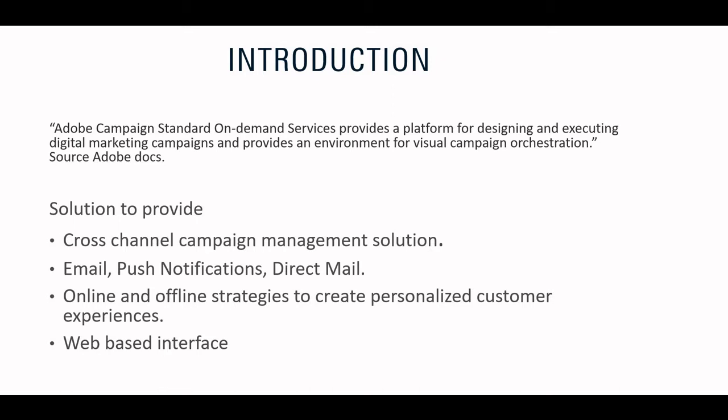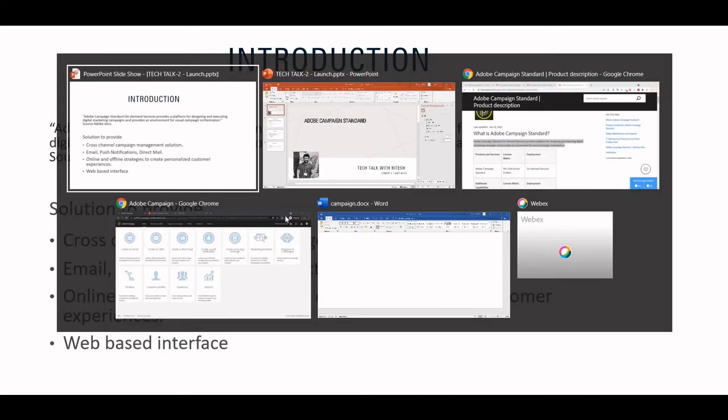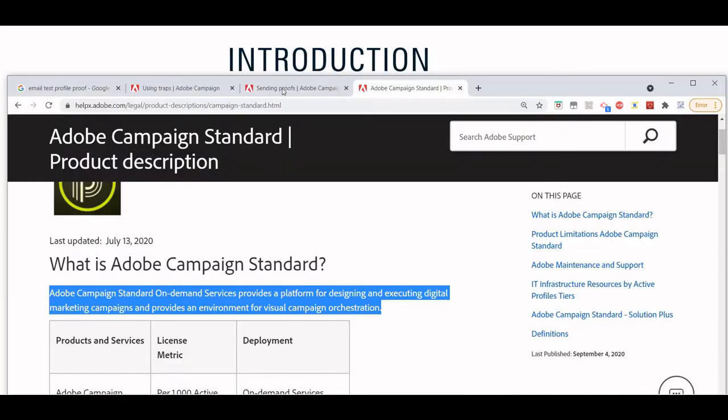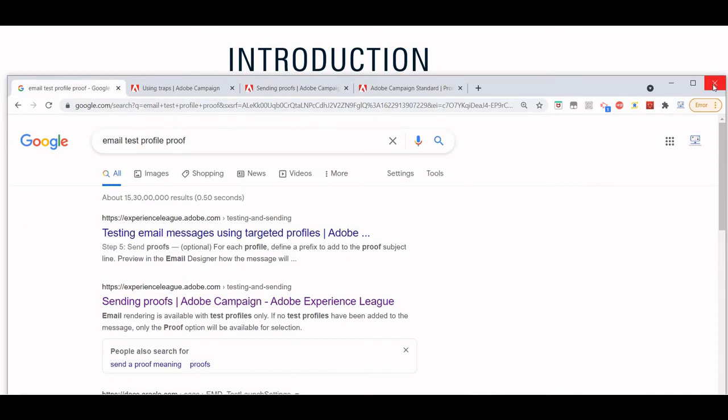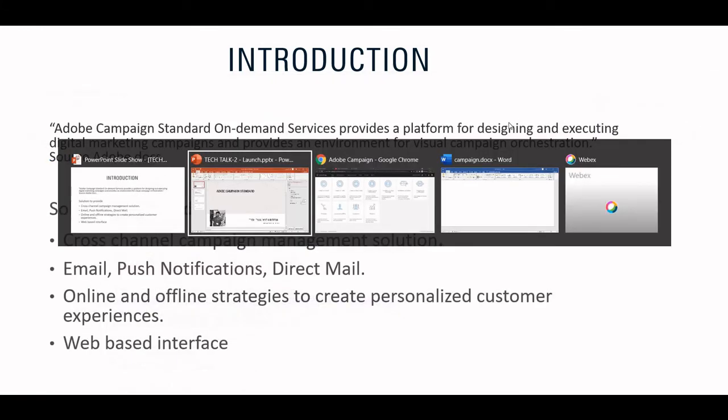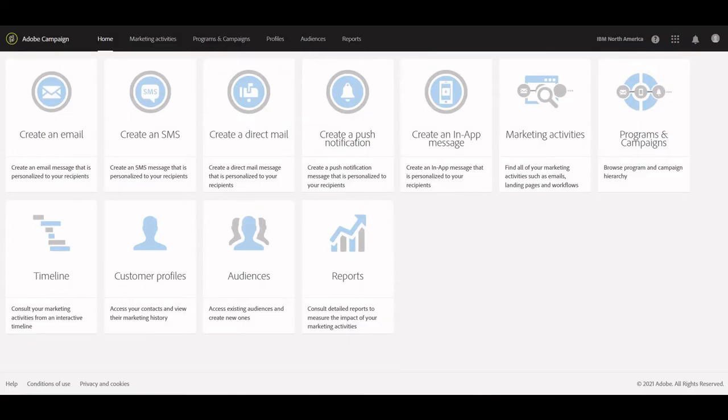To access Adobe Campaign Standard, we simply log into a URL.